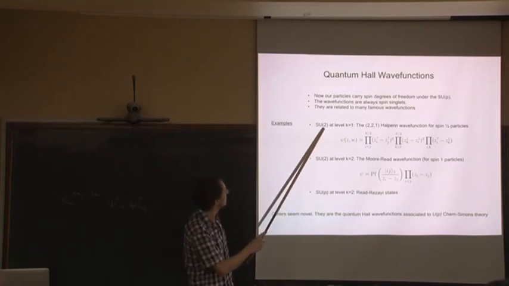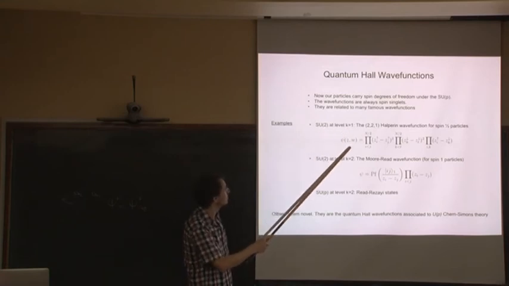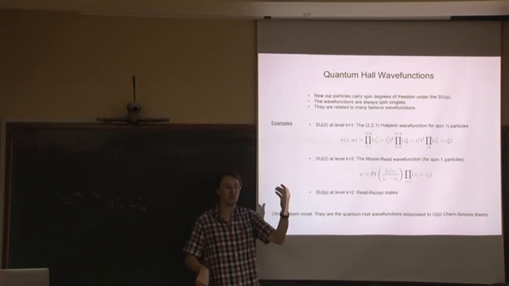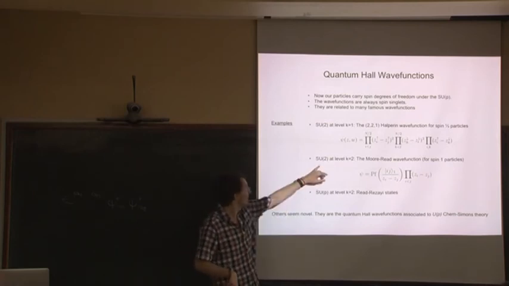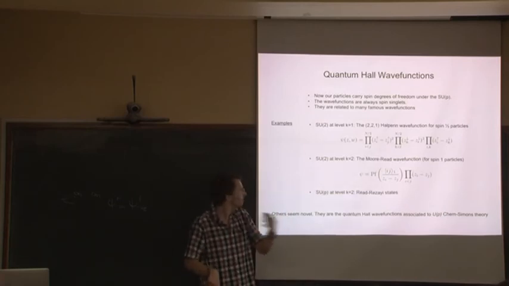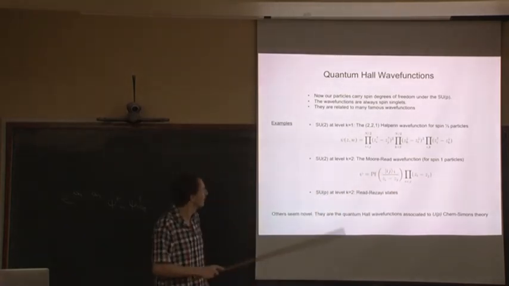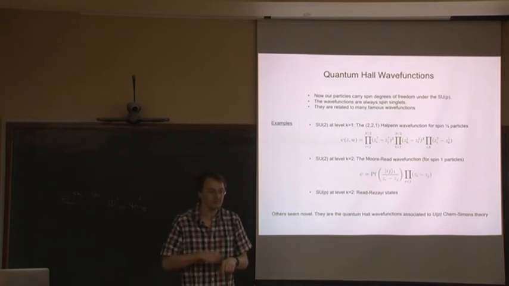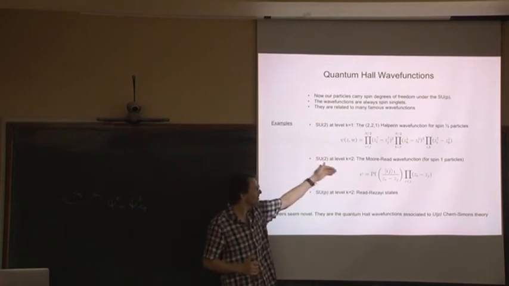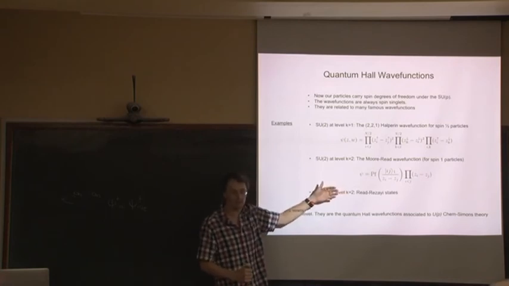Okay, so what do you get? Let me just give you some examples. If you look at the U2 theory in 3D at level k equals 1, you get what's called a 221 Halperin state, which is a state for spin half particles and so on. If you look at SU2 at level 2, you get a very famous quantum Hall state called the Moore-Read state. It's slightly different from the Moore-Read state. It's actually the Moore-Read state for spin 1 particles, where each pair of particles sits in a spin 1 singlet. But it's roughly the Moore-Read state. And sorry, just to understand, so these are proposed wave functions for various values of nu, etc. Yes, exactly. And so this is the quantum Hall of Fame of wave functions, and all the famous ones we're basically finding.